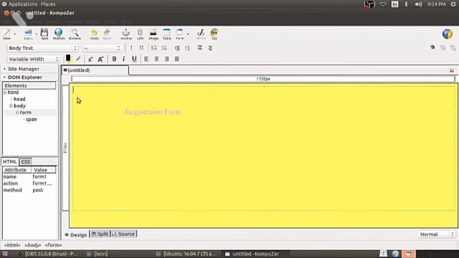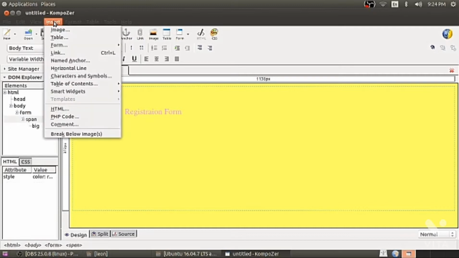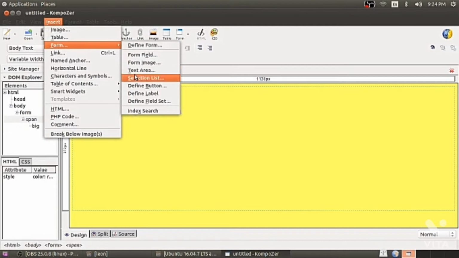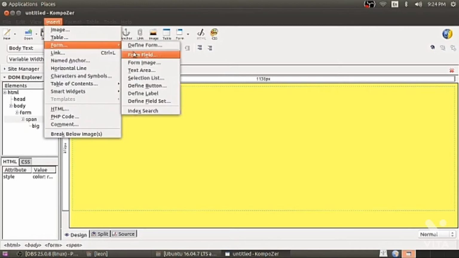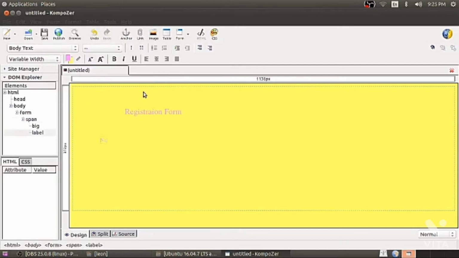Now put your mouse cursor at the proper place where you want to put name as a label. Go to insert, form, define label. Be careful while writing the label. Immediately here you have to type. If you press any other key, the label will disappear. Define label and type name. Leave some space